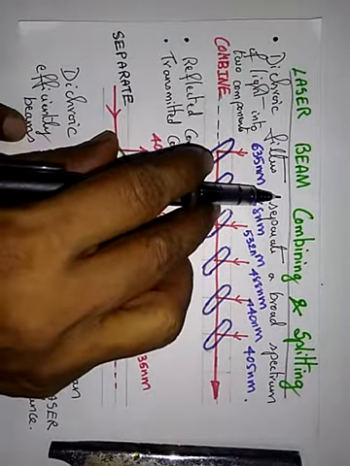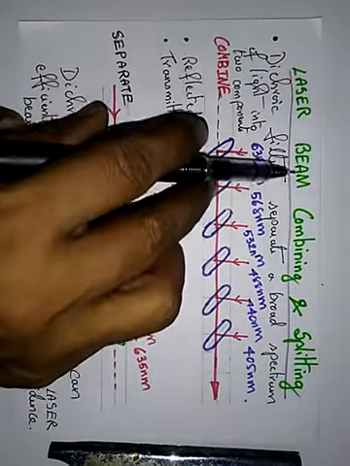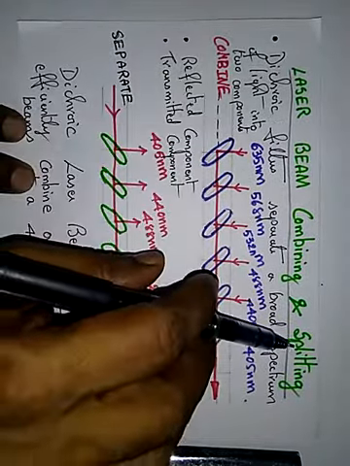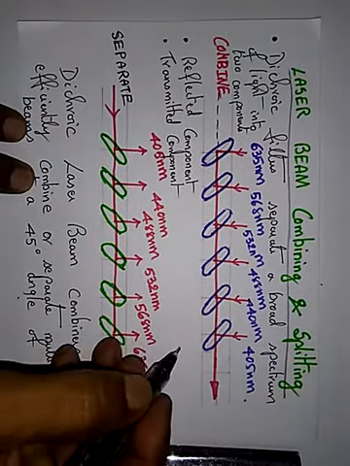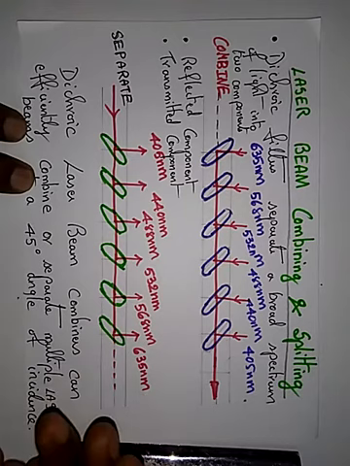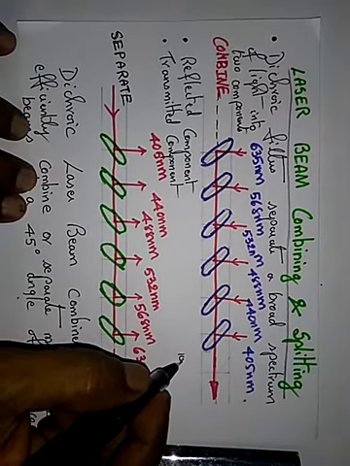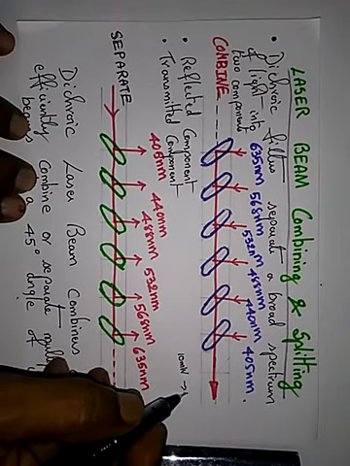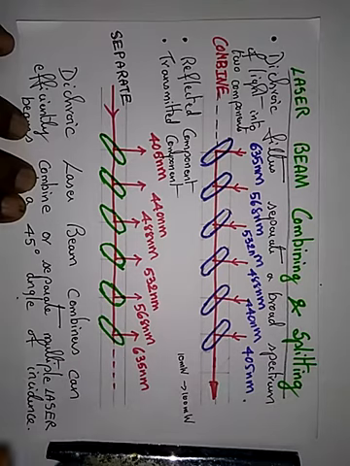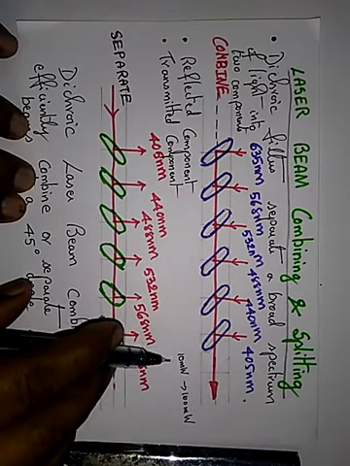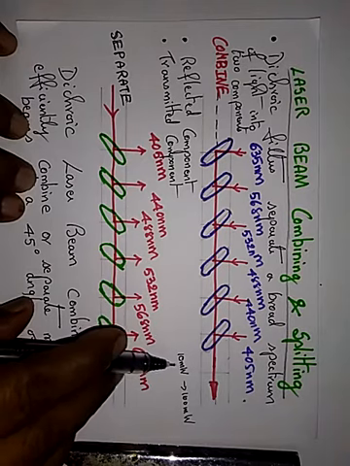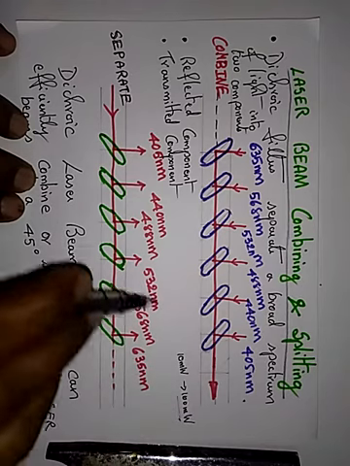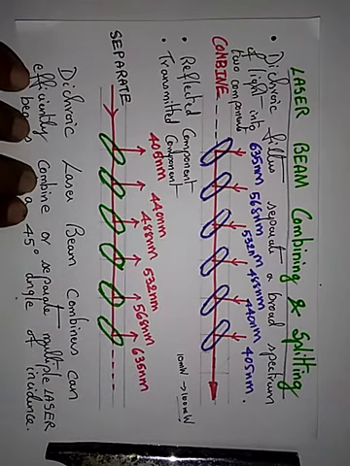Today we are going to see an important topic on laser beam combining and splitting. So why have we chosen this topic? Because suppose a laser LED has only 10 milliwatt of power, and I want 100 milliwatt of power. In that case you can combine individual optical powers so that you will get 100 milliwatt through some optical arrangement. That's the idea.